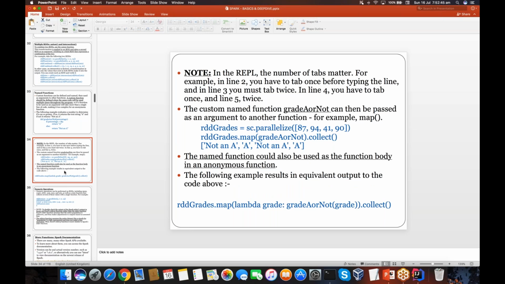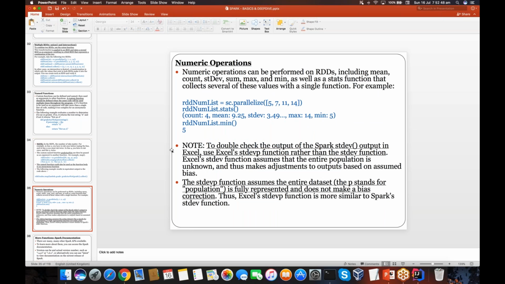We are done with this bit. There are now numeric functions. Numeric functions can be performed on RDDs, including mean, count, standard dev, sum, max, minimum, as well as stats function. Let me underline this one so it will be easy for you to read. For example, if you see here 5, 7, 11, 14, if you say statistics of it, you have total